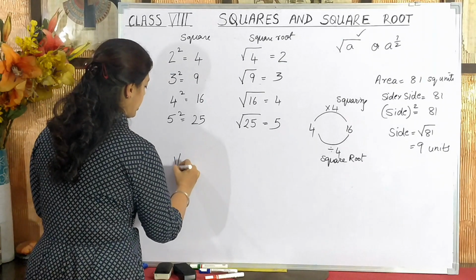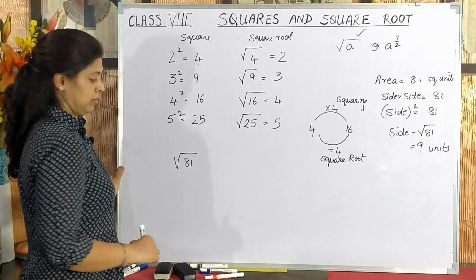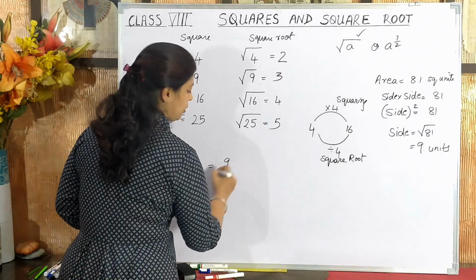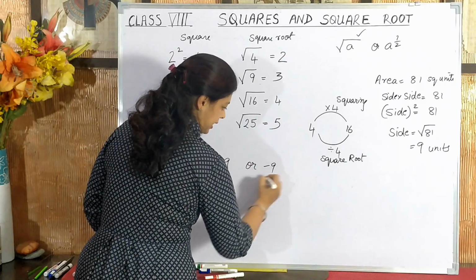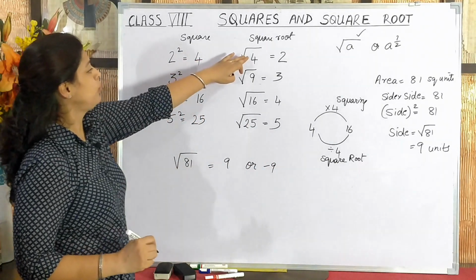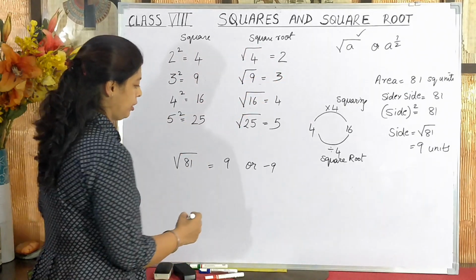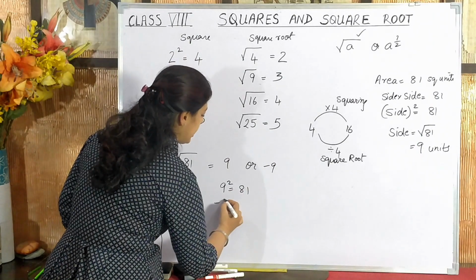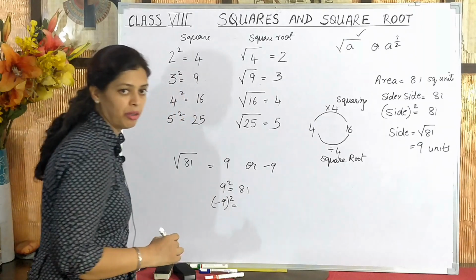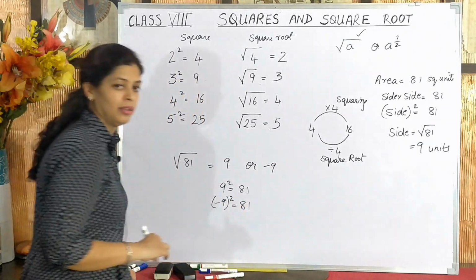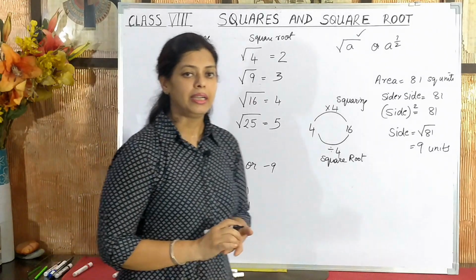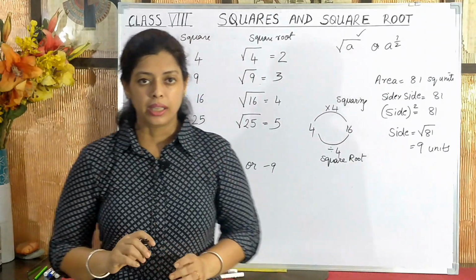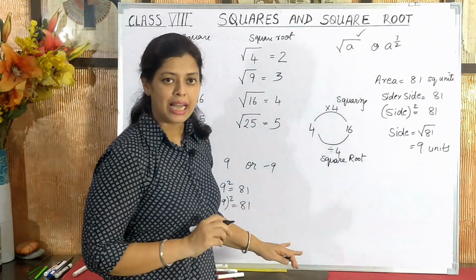Now, if I have to find the square root of 81, this is just for your information, square root of 81 can be 9 also, or it can be minus 9, or say for any number, square root of 4 can be 2 also or minus 2 also, because we know that 9 square also gives us 81 and minus 9 the whole square, minus 9 into minus 9, the sign will become positive, will also give us 81. So we can say that there are two integral square roots of a perfect square number. But in this chapter, we will take only the positive square root of a natural number.